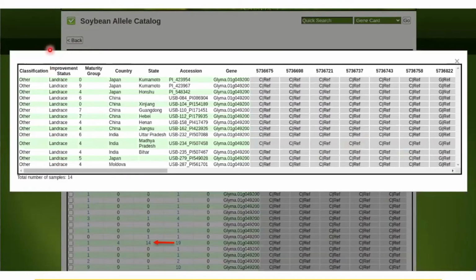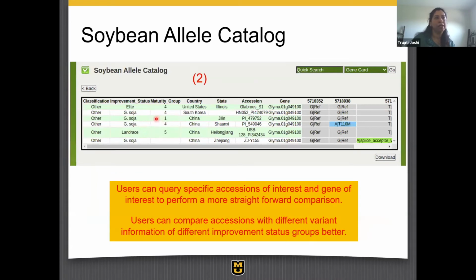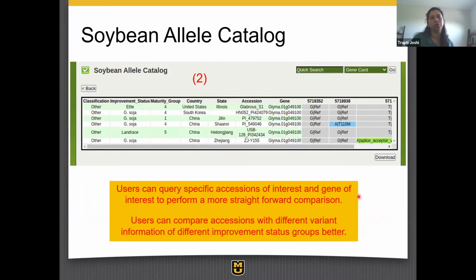So you can see here, these were about 14 landraces, and it'll give you the exact name, accession number, and, for the gene that you were investigating, the countries that they came from. So you can look at that information in much more depth. The second piece, on the right side, allows you to look at particular PI lines and genes and pulls out the information on the same pieces. But it allows a more straightforward comparison as compared to the earlier one. Many times our collaborators want to investigate certain traits, a certain group of genes, and then look into things in more detail based on whatever analyses they have done, and so they use the right side of the tool.